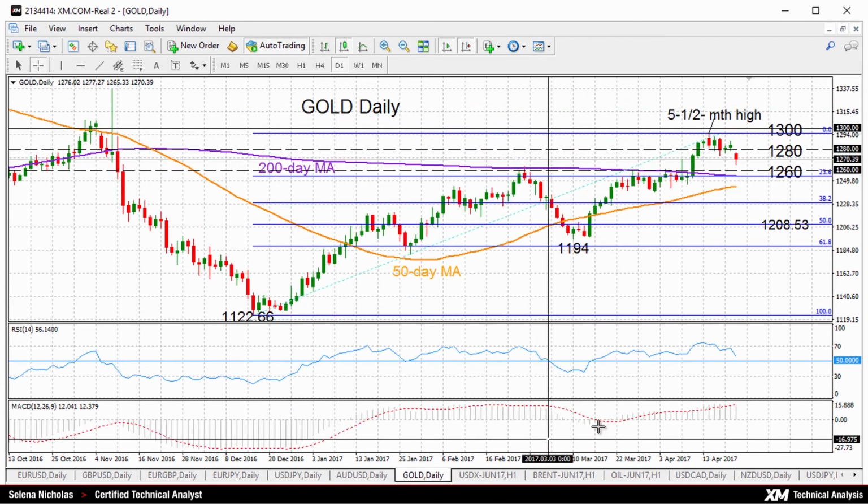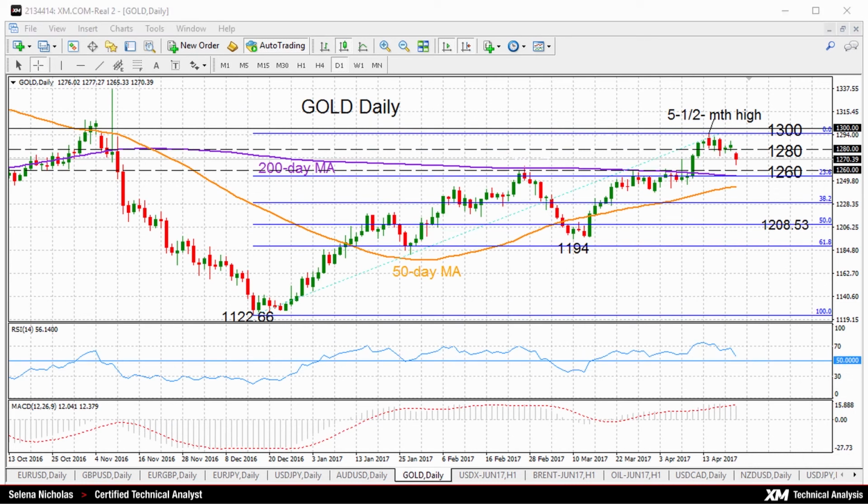Now let's take a look at gold. Market structure hasn't changed much since rising from the December low of 1122.66. Market reached a 5.5-month high last week, just under the key 1300 level. That was making higher lows, higher highs, so it was quite a bullish market structure, especially after breaking above the